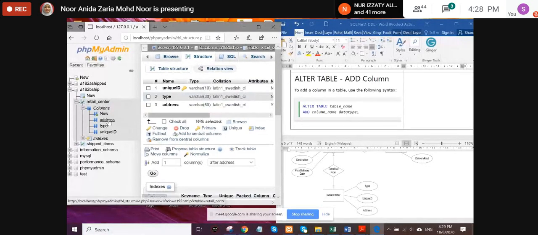Where we have address, type, and also unique ID. So we have address, type, and unit ID, type, and address. Okay, because if you see from here, normally they will arrange in alphabetical order. But if you want to know about the arrangement, how you arrange it actually in the original table, then you can go